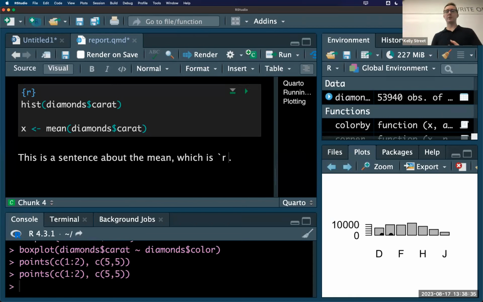R tells it that whatever follows is going to be R code. And I could do any valid R code in there. But what I actually want is just whatever value is saved in X. I want to print whatever value is saved in X, but have it be part of my text. I'm just going to say X. And when I render that,